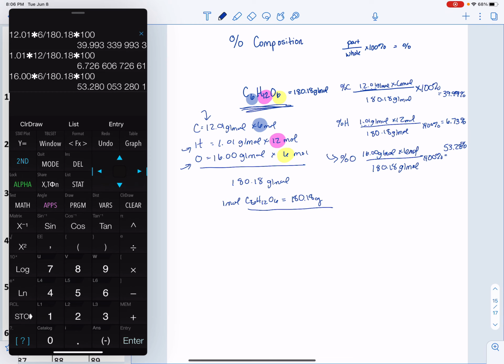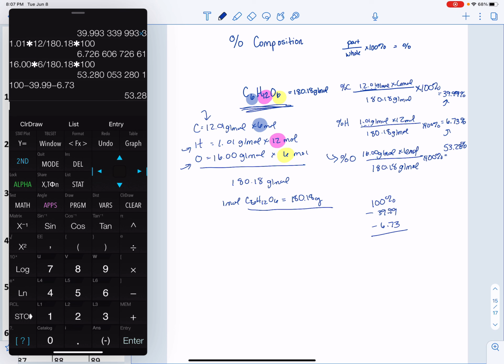Now, there's another way that we could also have gotten to this one, and it's the idea that this is 100% of a molecule, and so the parts should add up to 100%. So we could have also solved this one saying that 100% minus 39.99 minus 6.73. So I took this number and this number. 100 minus 39.99 minus 6.73. And I get